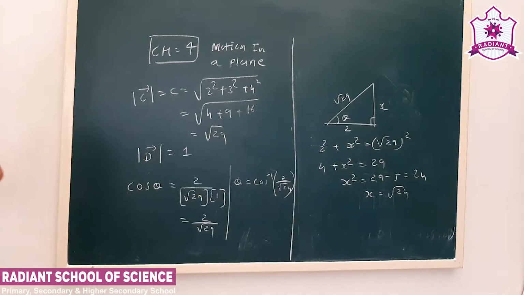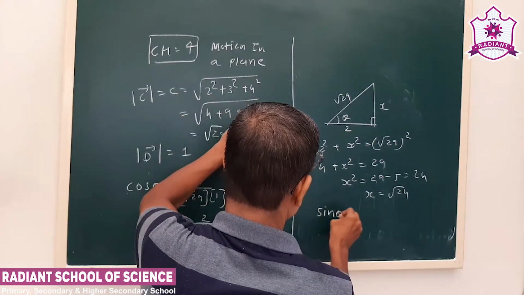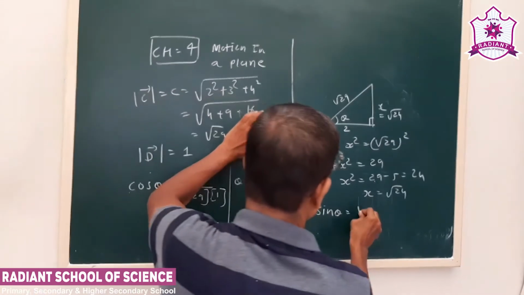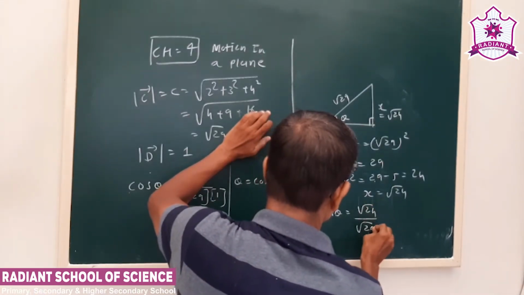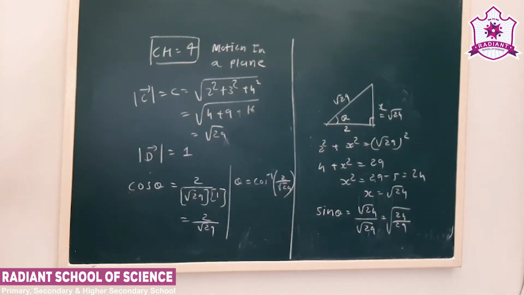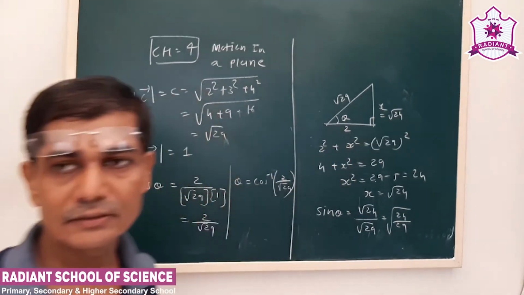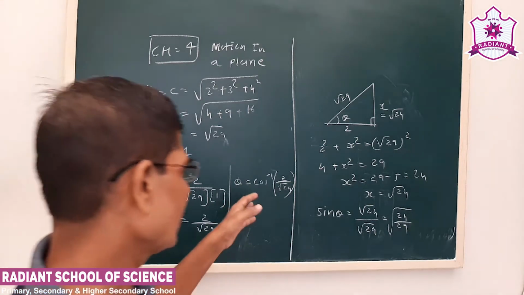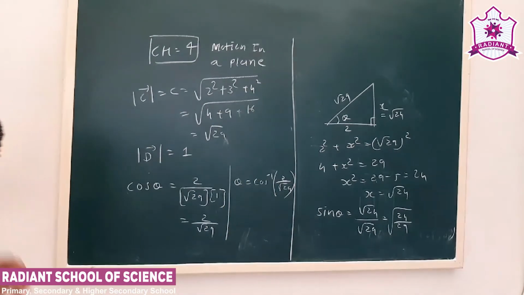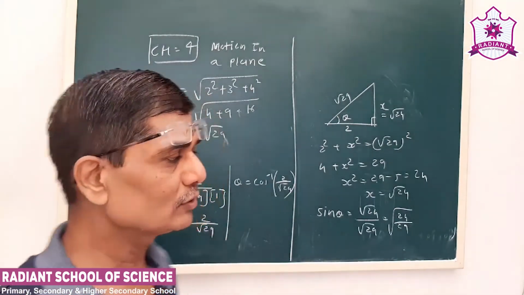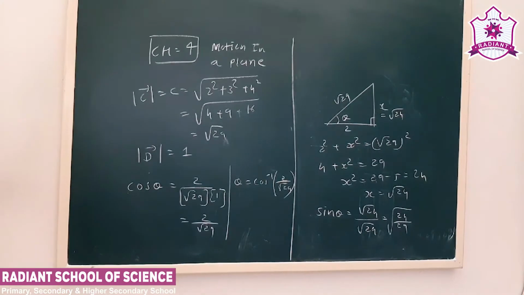So sine theta will be opposite upon hypotenuse. It can be tan also, opposite upon adjacent. So depending on the options of the answer in the MCQ, you can write it down. Otherwise, right now, theta is cos inverse of this. Why? Because generally our formula is cos theta. The angle between two vectors is given by the formula in terms of cos theta.